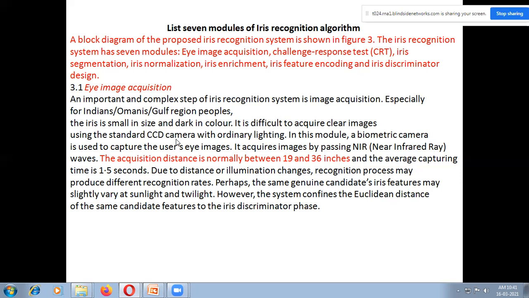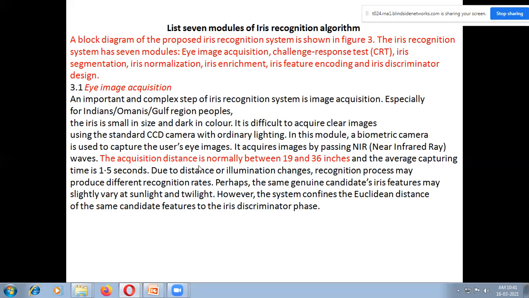In this module, the biometric camera is used. So probably you can use any kind of biometric recognition camera to capture the image. It acquires images by passing near infrared rays. What rays are they using? Near infrared rays. That is called the near infrared wave.